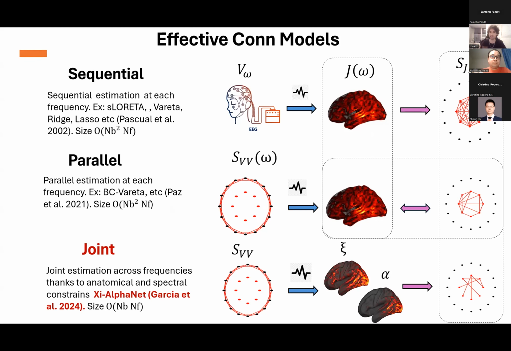So we are proposing to try to solve these problems by proposing a new type of model that enables joint estimation across frequencies thanks to anatomical and spectral constraints. We call this model the Shiang-Hu model. The name is going to be clear in our presentation. Basically, what this new type of model does is that you take the full cross spectra in the scalp and you map it to a set of parameters in the source space. We can see here in the pictures. This set of parameters doesn't depend on the frequency and the time. And this set of parameters also parameterizes the full cross spectrum in the source.